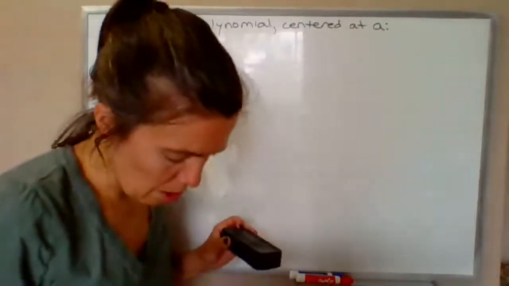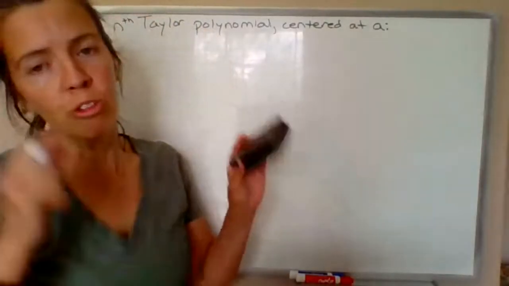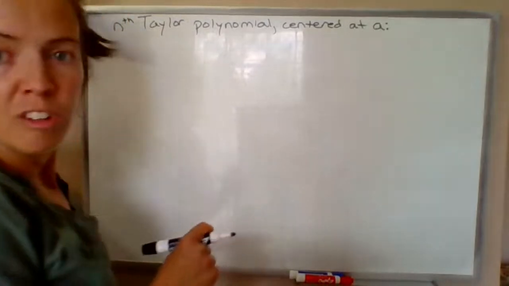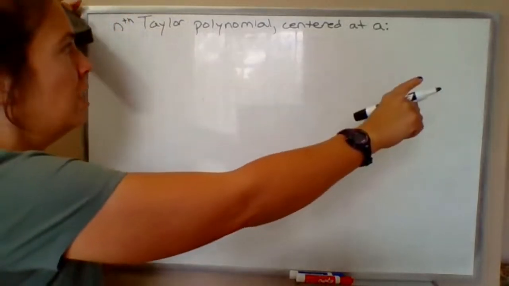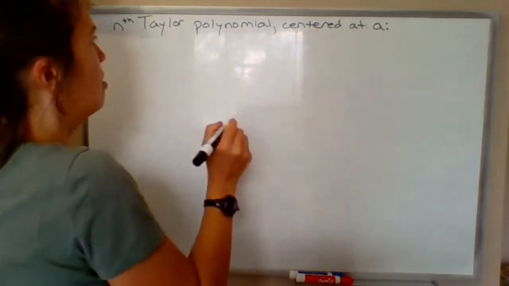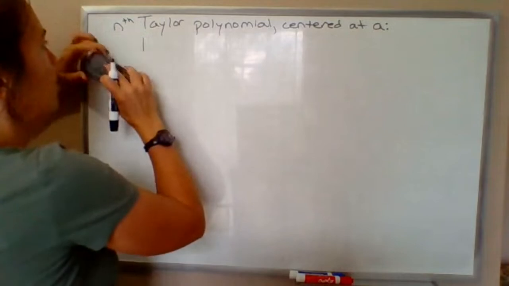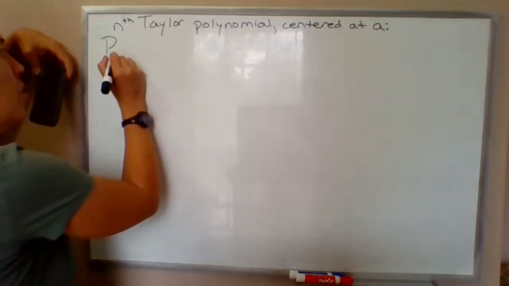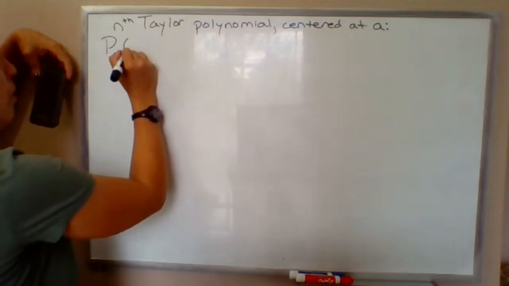So I want to work out the Maclaurin polynomial of order 0 through 6 for cosine of x. I wanted to start this video, though, by writing out the general format for the nth Taylor polynomial centered at a. So the notation I'll use here, and I'm going to start over here to make sure I have enough room. So the nth Taylor polynomial,